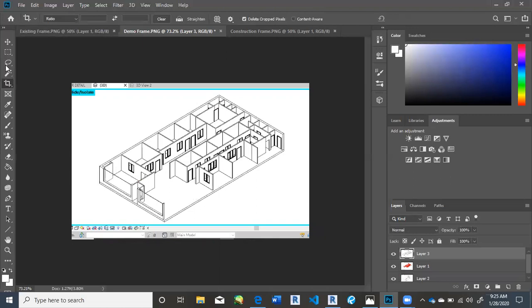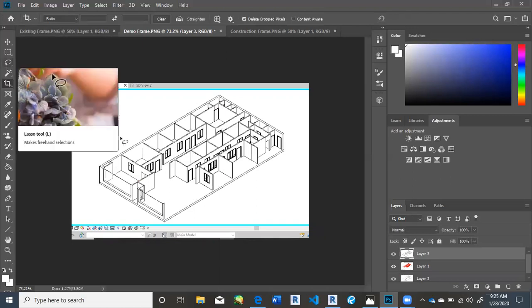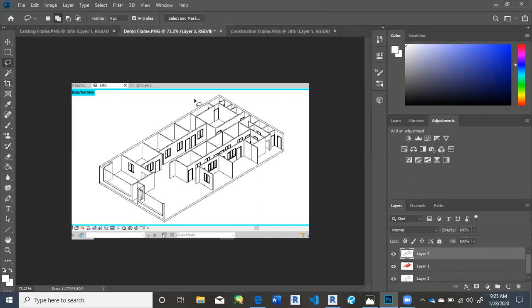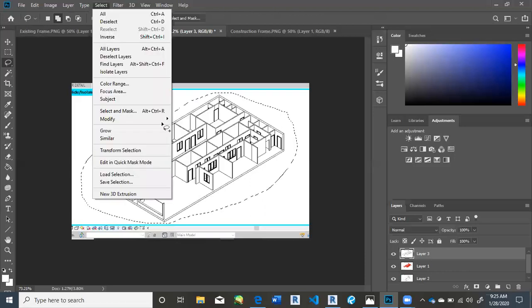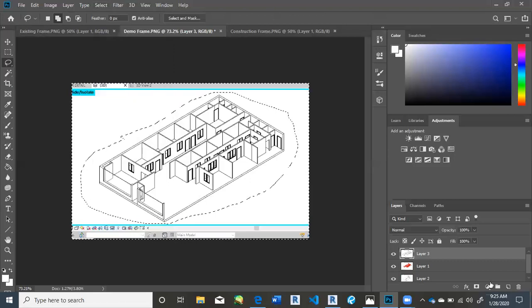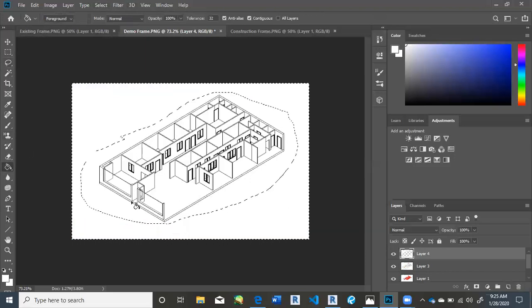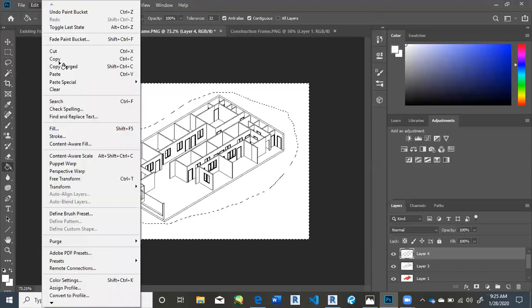So what I'm gonna do is use this lasso tool and just go around the first building, one of them. So now I have the building selected, but then if I go to select inverse, it'll have everything else selected. Then I'm going to create a new layer and use the white paint bucket tool, and it gets rid of it. Then I'm just going to copy my layer